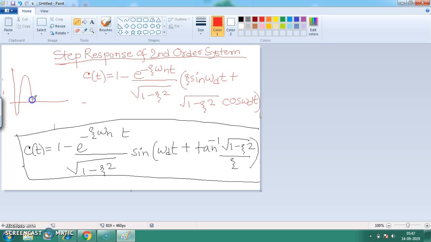So it will be like a sinusoidal expression,